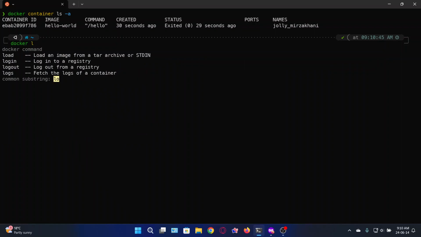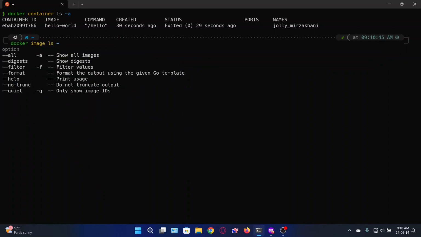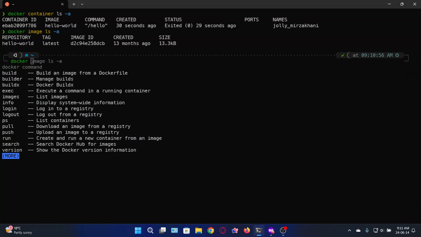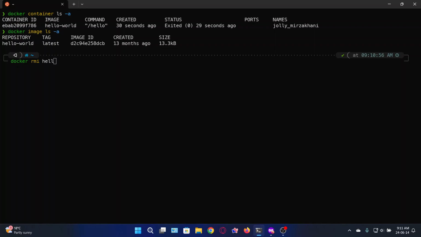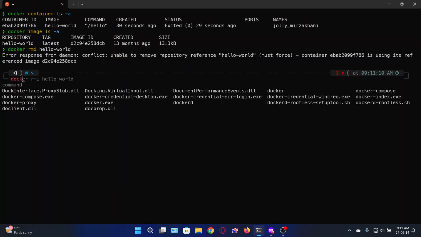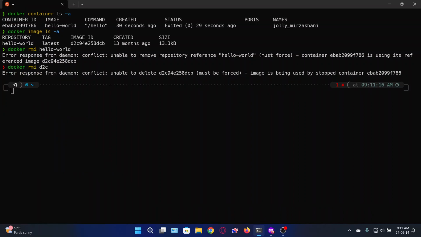Similarly, image, there you go, we can do those without sudo now, and we will remove those. My hello world, maybe we'll just,